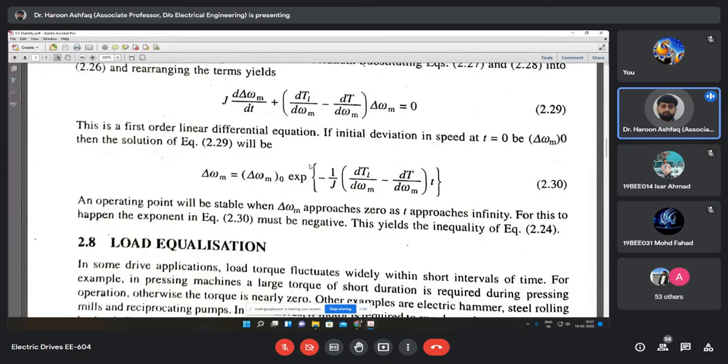ठीक है, तो यहाँ पे आपके पास जो है वो व्हाट यू रिक्वायर इज दैट एज टाइम टेंड्स टू इन्फिनिटी, यानी अगर एक्स एक्सिस पर आप टाइम लें और वाई एक्सिस पे ओमेगा लें, तो जैसे जैसे टाइम बढ़ता जाए डेल्टा ओमेगा की वैल्यू कम होती चली जानी चाहिए, यानी वो हाइपरबोलिक होना चाहिए। तो उसके लिए e^(-x) की कैरेक्टरिस्टिक्स होनी चाहिए। तो e^(-x) की कैरेक्टरिस्टिक्स होने का मतलब ये है कि ये हमेशा माइनस रहना चाहिए।